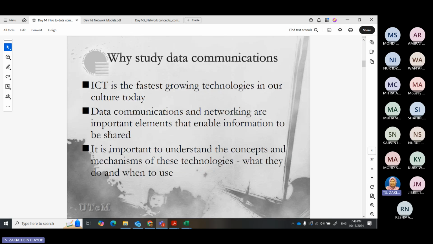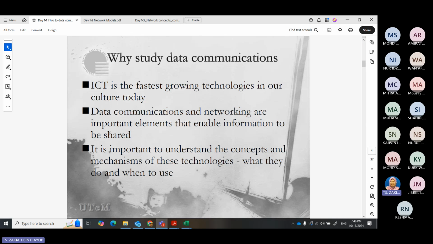Okay, data communications and networking have changed the way we do business and live our daily lives. Decisions can be made as fast as possible, and sometimes they require immediate access to accurate information.